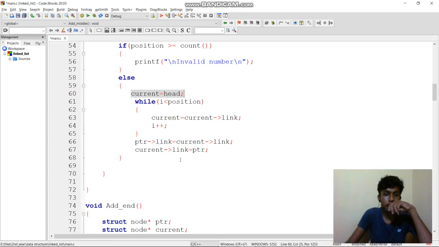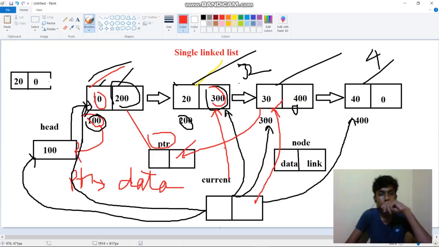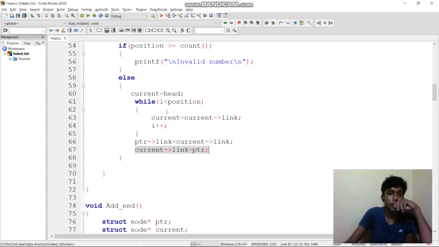Then after that, current of link equal to ptr. Now that ptr address goes and is stored in current of link here. So one node will be added in between, so this is the middle.